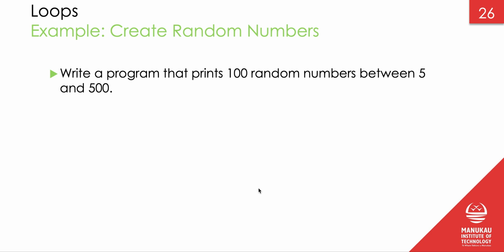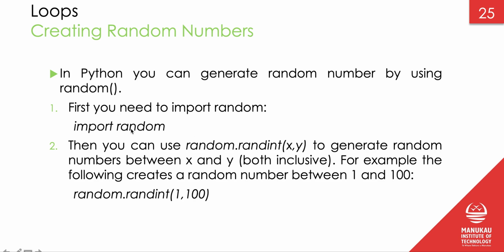We want to write a program that generates 100 random numbers between 5 and 500. We need to have a loop that basically counts 100 times. Inside the loop, we need to generate these random numbers. In order to generate random numbers in Python, we can simply use the